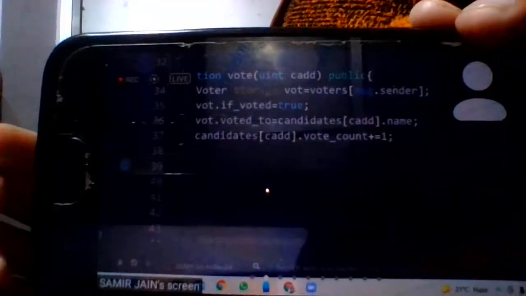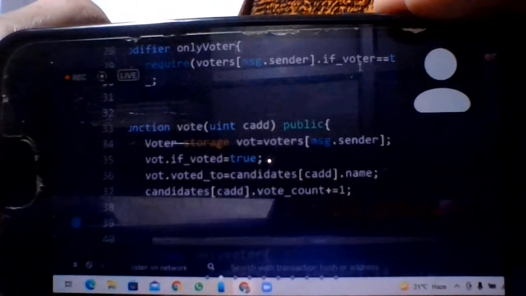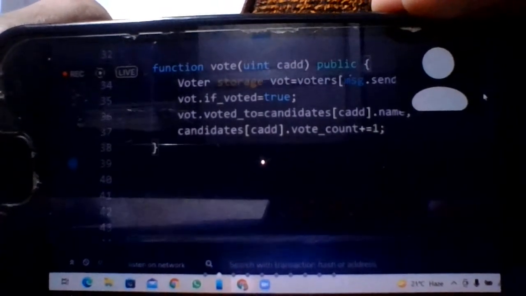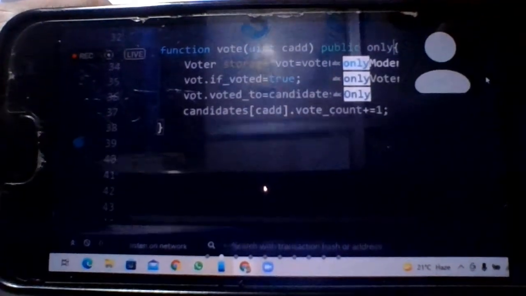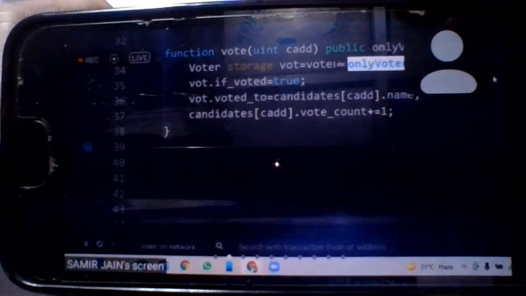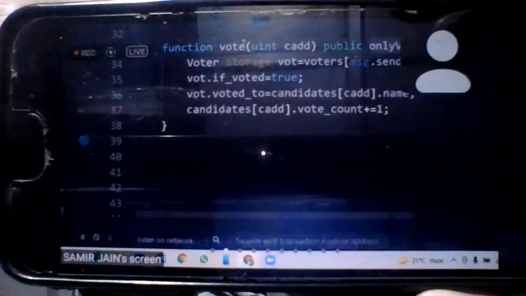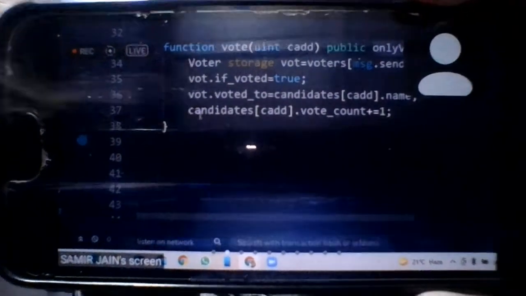In modifiers you have to do this. Now we will add this only voter. So we have added this constraint that only a voter can call this function.